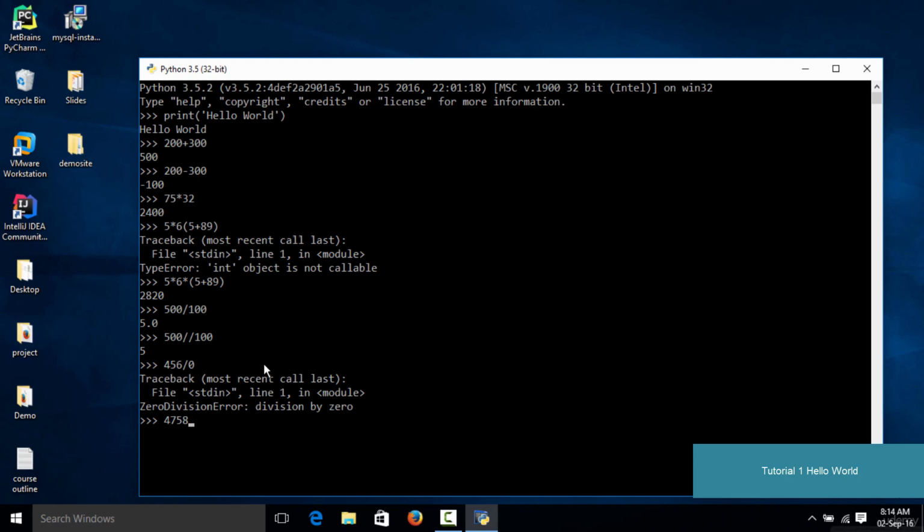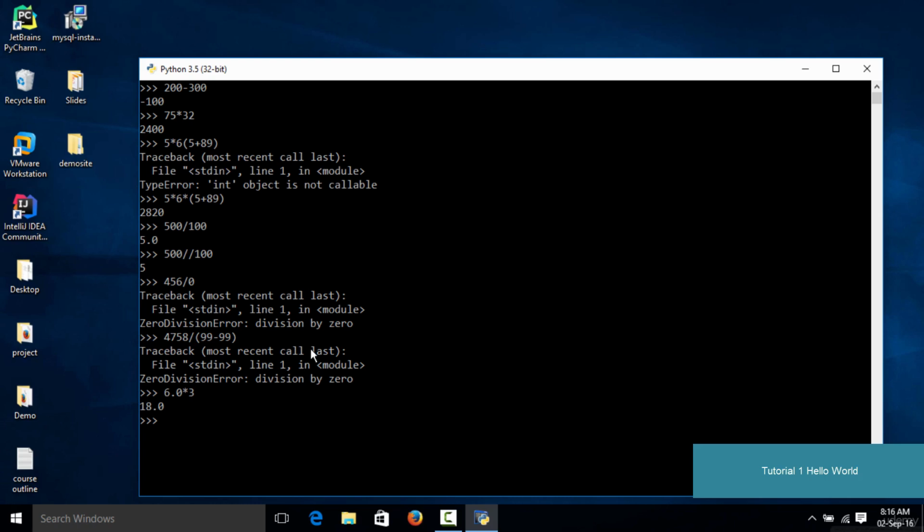The thing with float is that even if you use a float in any mathematical expression, your answer is going to be in the form of a float. That is, it is going to have a decimal point in it. If you multiply simply 6 and 3, you will get a normal answer which is 18. But as you can see, if we multiply 6.0 with 3, you get 18.0. The same rule applies to addition as well. If you type in 22.0 plus 15, you will get an answer of 37.0 instead of 37.